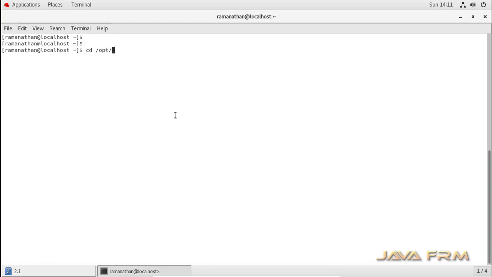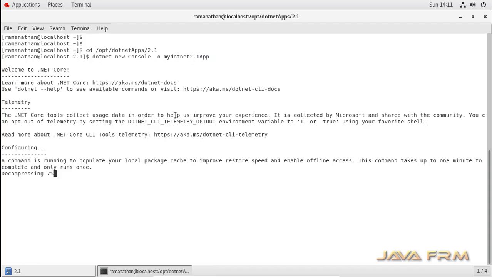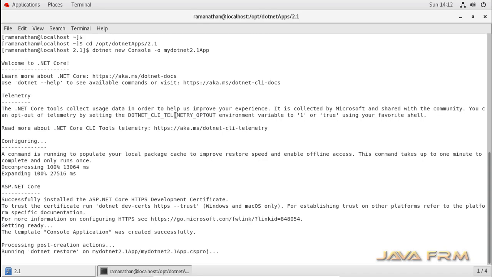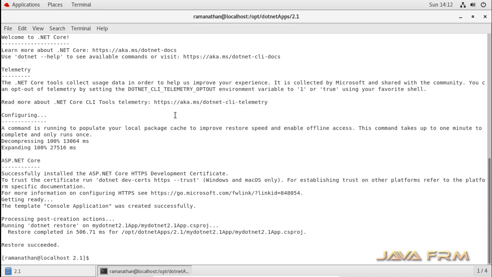I am going to the /opt/dotnet-apps/2.1 directory. First I am creating a .NET console application, which is a C# console application. dotnet new console -o application name is the syntax to create a C# .NET console application. Yes, it got created.